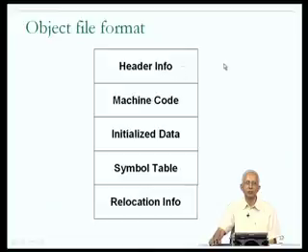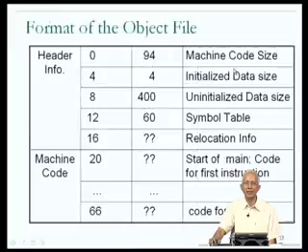So first of all, you may be asking what information is present in the header. So apparently in the header, if you look at the beginning of the header, in other words offset 0 of the header, there is some information about the size of the machine code. Apparently the size of the machine code in this particular case is 94 bytes. After that there is some information about the size of the initialized data, and that is available in the a.out file at an offset of 4, whatever that means. So there are various pieces of information in the header. This is followed by the machine code, which is the machine instructions corresponding to the program,